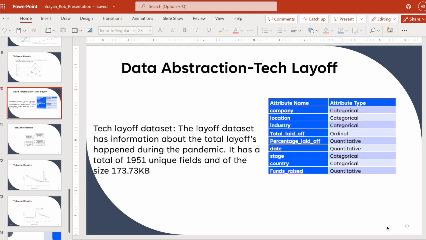Thank you. I'm Anitha, and today I'll be talking about the data abstraction and the task abstraction with the tech layoff dataset. So this dataset was obtained from Kaggle.com. We make use of the dataset from Kaggle, and this one has around